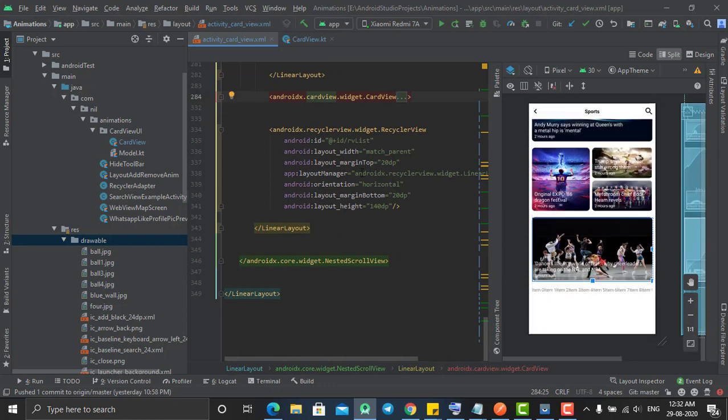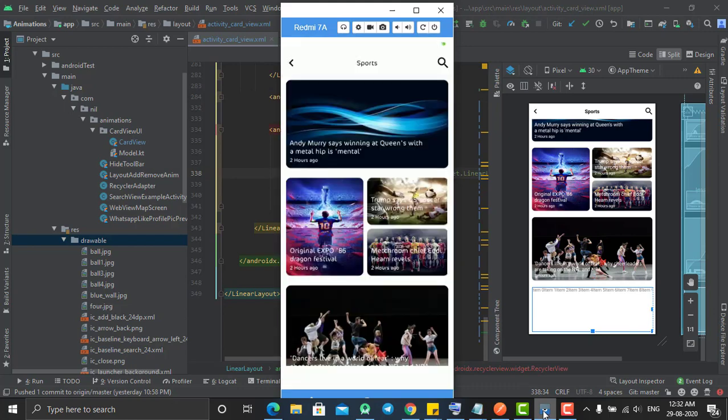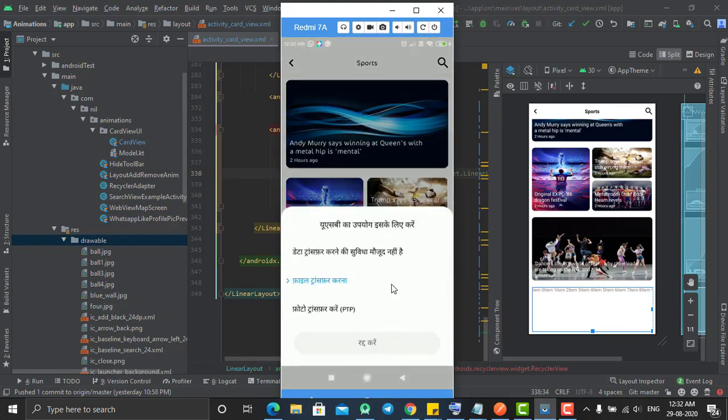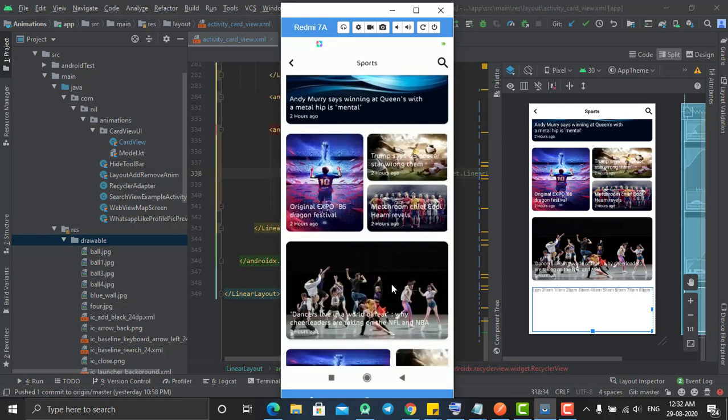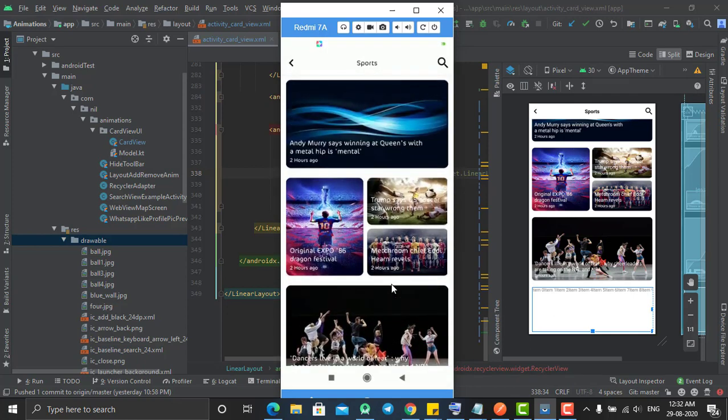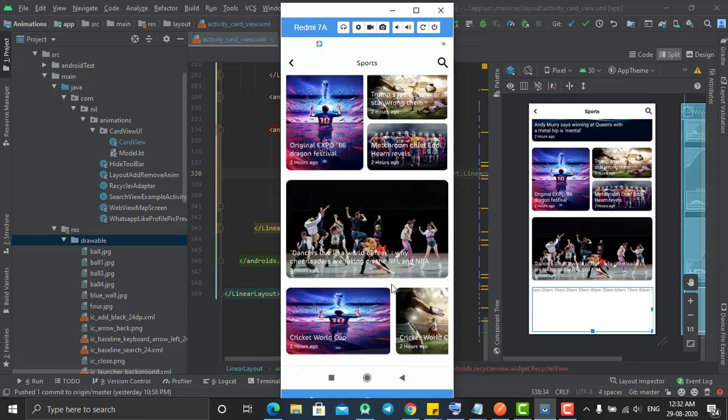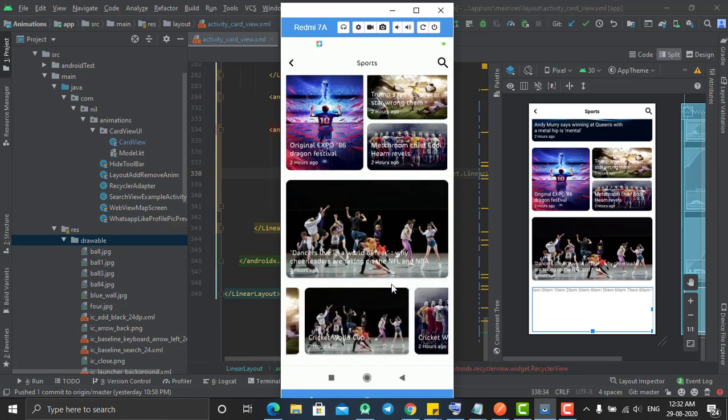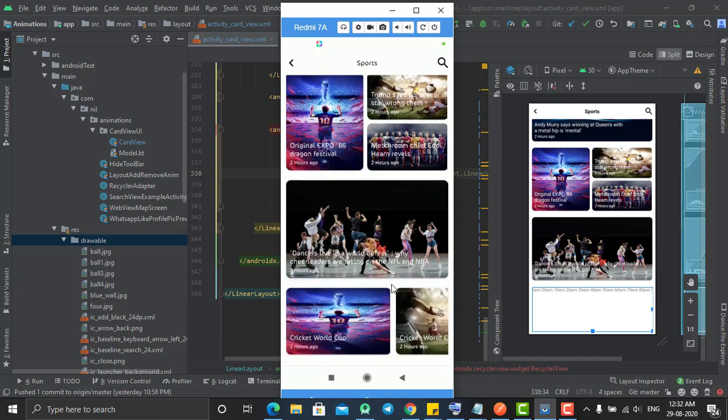Now below that, at the bottom, we are having a recycler view. As you can see in this demo application, if we scroll down from here, at the bottom, the one section, two sections, as well as three sections we had completed. Now this last section is the recycler view, which we can scroll horizontally, right? So this section is remaining now.